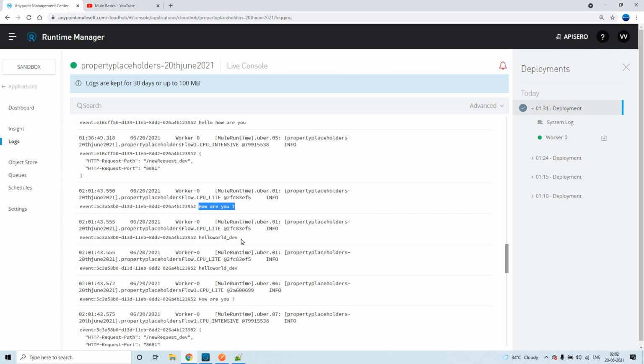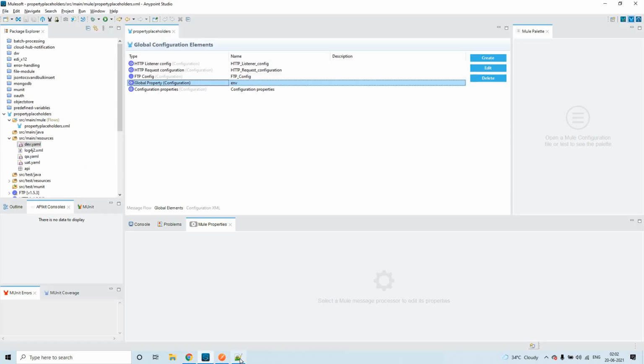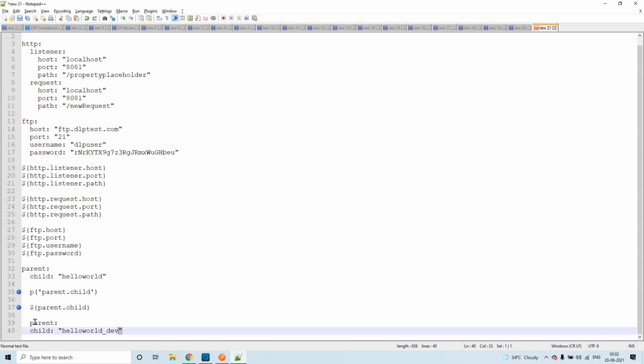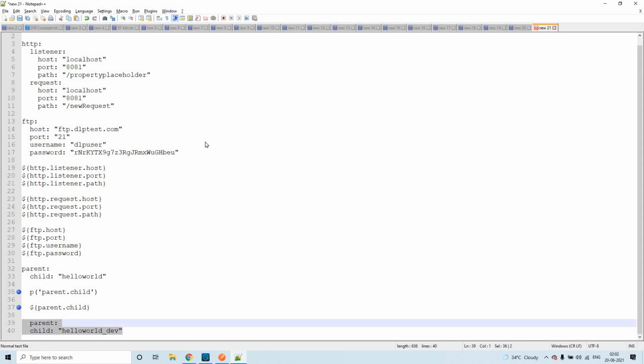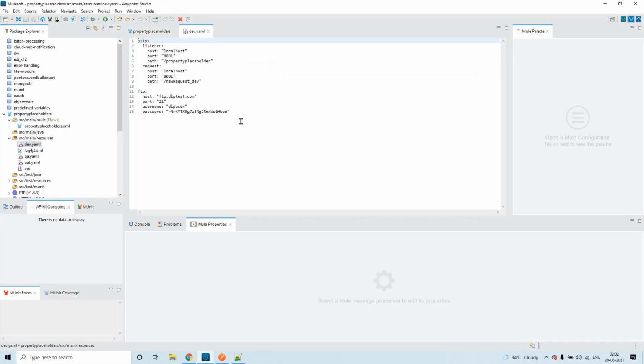So hello world underscore dev. So this particular thing is coming from where? parent.child. So this is what I have truncated from the dev YAML file, right? So let me add that here so that we can cross verify. So this is how it got deployed.